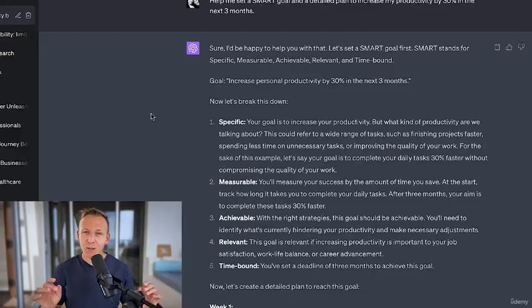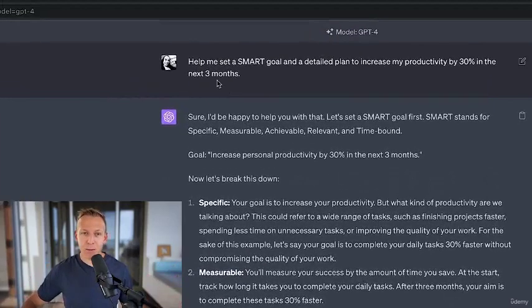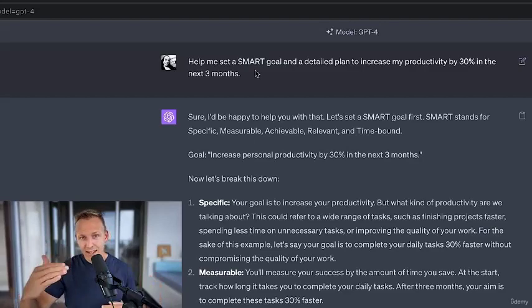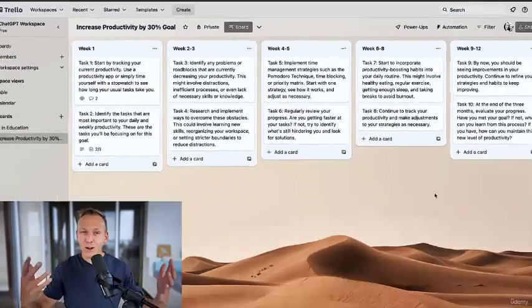So once again, in order to set a goal, track it and achieve it, all you need is a simple prompt that says, help me set a SMART goal. I recommend including that word, and a detailed plan too, and then write in your goal. And I recommend to be specific what the goal is, how much you want to improve by, and in what time frame. And if it clarifies your goal and you don't think it's specific enough, all you need to do is give it more context, run that prompt, you're going to get a new goal setting, and then add it all into Trello